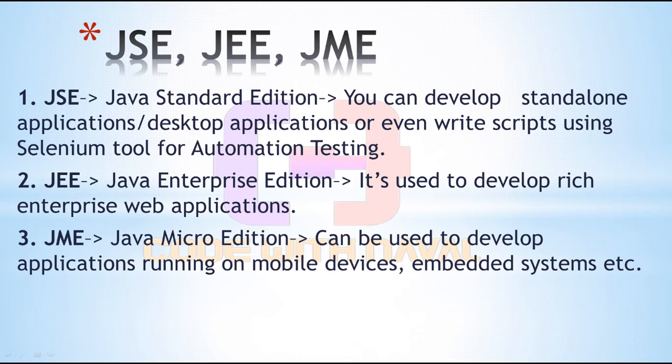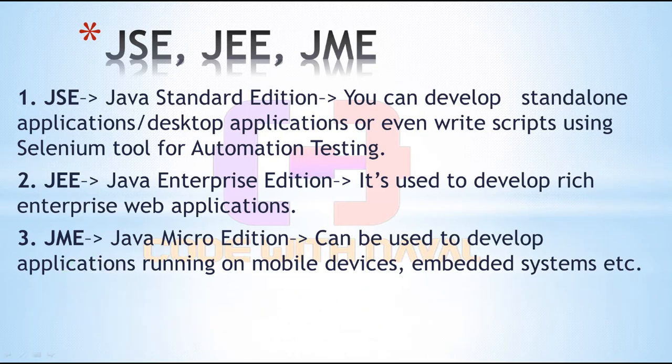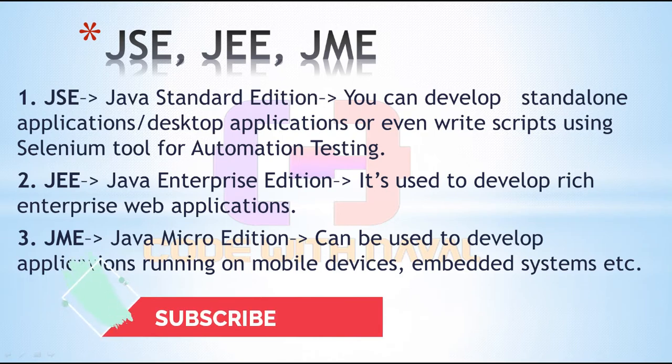Java SE, Java Standard Edition, provides all the basic things that we require for a basic application. Java Micro Edition means we can develop small embedded system applications, or mobile applications, using JME. JME is lightweight, JSE is a little bit heavier compared to JME, and JEE is for rich application development. That's why JEE is heavyweight compared to JSE and JME. So in this series we are using JSE, Java Standard Edition.